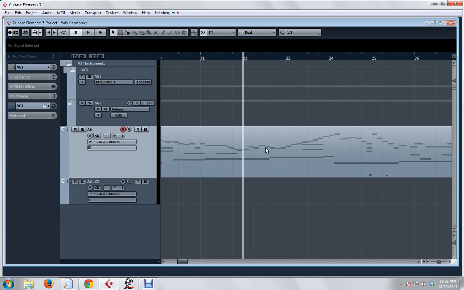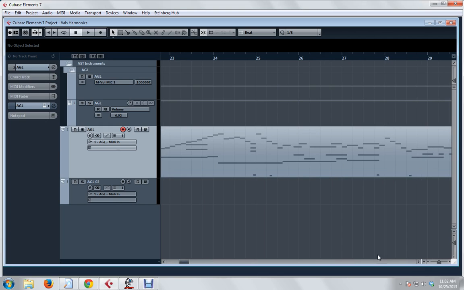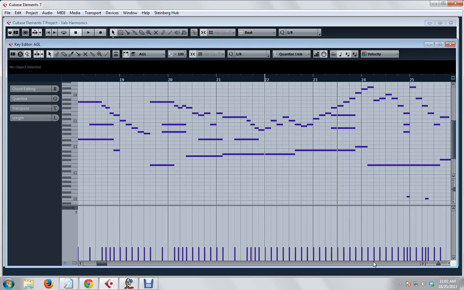Right, in this file I have a little classical piece, and you can see I've got the AGL loaded, and that's the Alhambra Luthier classical guitar by Amplisound. And I want to show some harmonics in context of a little classical piece here. You can see here there are a couple of key switches. They're well off the range of the instrument. That's how you can spot them easily. In the data,